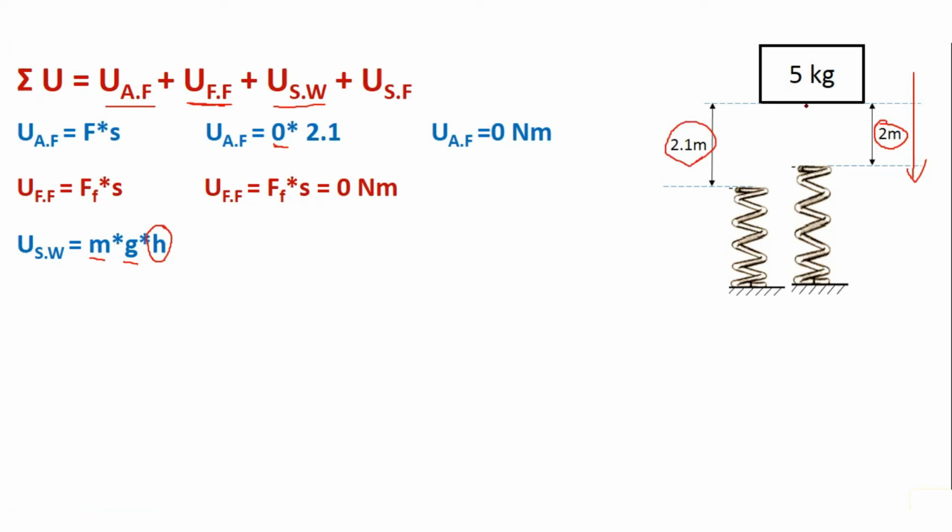How 2.1? This distance 2, and in the question we were given that the spring is being displaced by 100 mm. So this total distance will be 2.1 m, that is the displacement of this block. Another thing is the sign convention. As you can see that this block is coming from top level to the bottom level, hence H will be negative. So I will write M is equal to 5 into minus 9.81 because it is always towards the ground, and H is because it is from top to bottom, it will be minus. So on solving this I will get work done due to self weight is equal to 103 Newton meter.